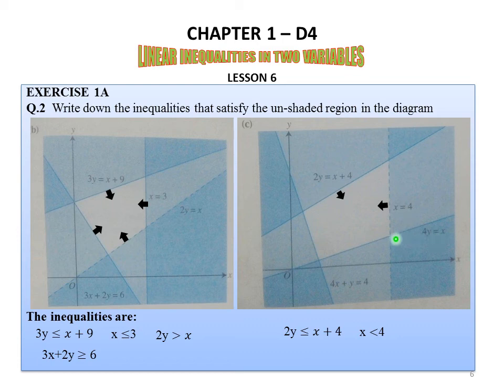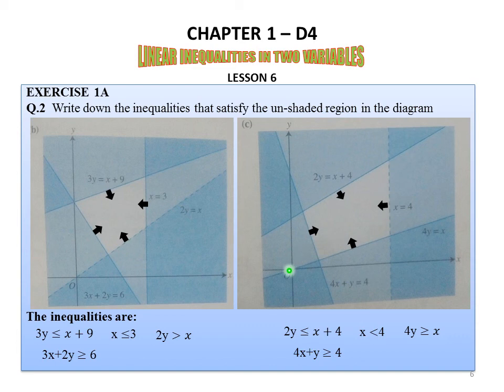For this equation, the line is solid, and the region above the line is the defined region. So this sign of equality will be replaced by the greater than or equal to sign, and its inequality will become this. And for this line, the region above the line is defined. This is not a vertical line. So the region above the line is the defined region, and it is a solid line, so this sign of equality will be changed with the greater than or equal to sign like this. So the inequalities of this equation, this equation, this equation, and this equation are these.